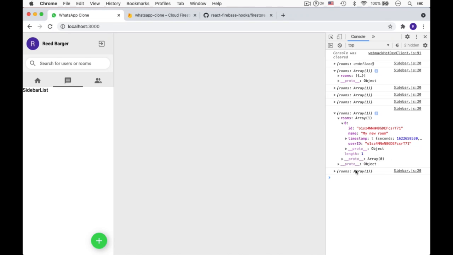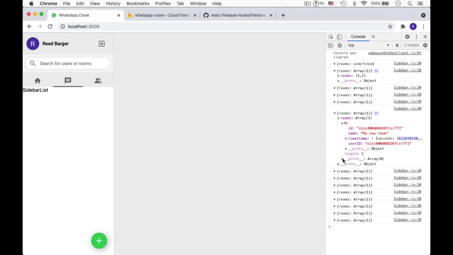Now that we have rooms to work with, we have our rooms collection, let's start displaying them here within our sidebar list. Now, we're going to need to pass down some different props. We're going to need to pass down the data, such as the rooms data, to the appropriate tab. So in this case, since we're getting just all of the publicly created rooms, they're going to be within this